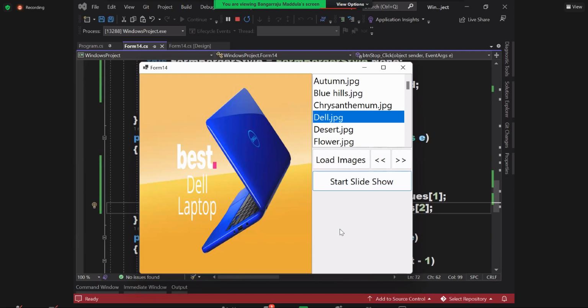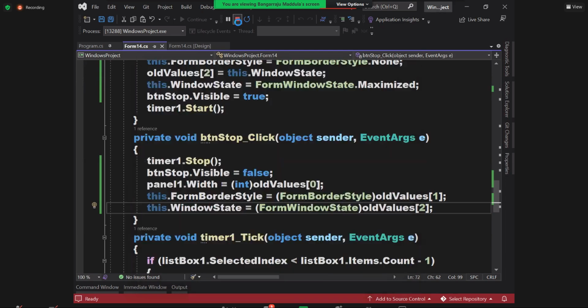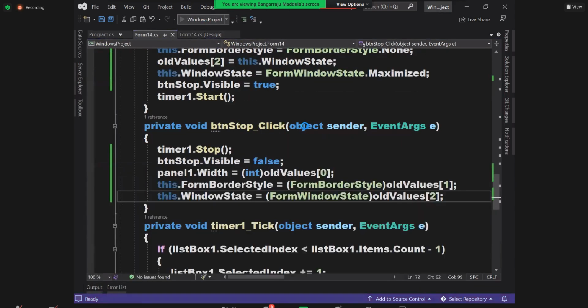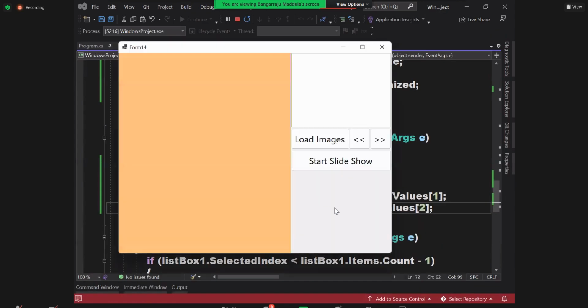You see, nothing is rocket science. Only thing is, we need to understand the requirement correctly. If you understand the requirement correctly, we'll be forming it step by step. We just build up our code. That's it. Okay. And one more thing, guys, when I open my project, here, by default, if at all I